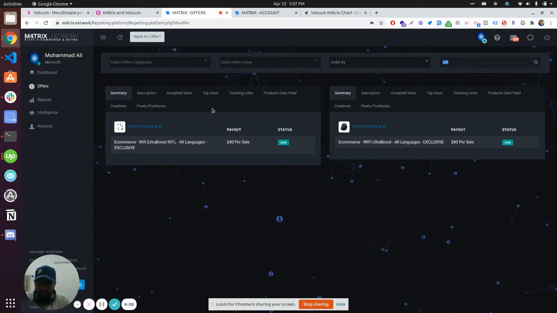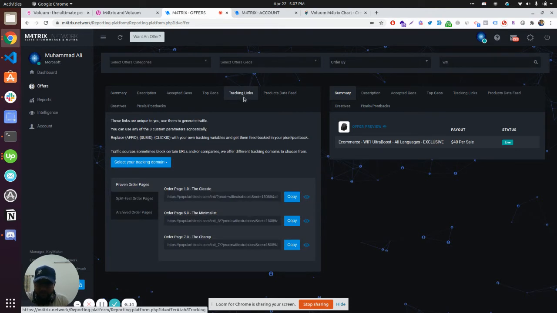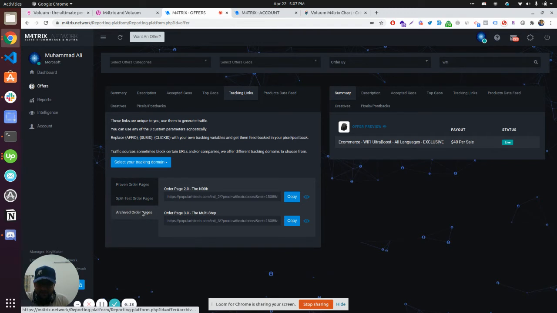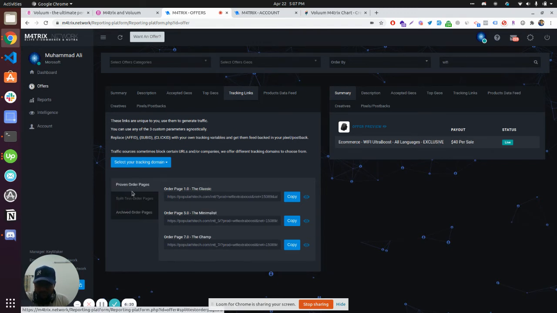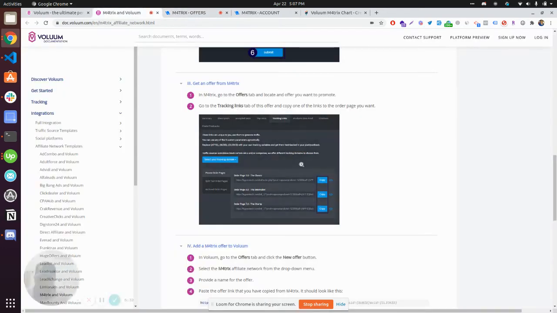So what we have to do is come over here to the tracking links. Okay, and these are different pages where you can send the users. So this is, as you can see, the proven order page or split test. Whatever page you want to send your traffic to, you have to copy that URL. All right, now